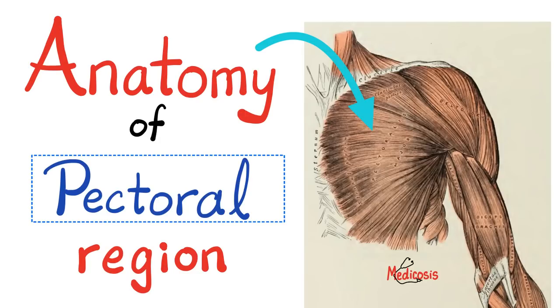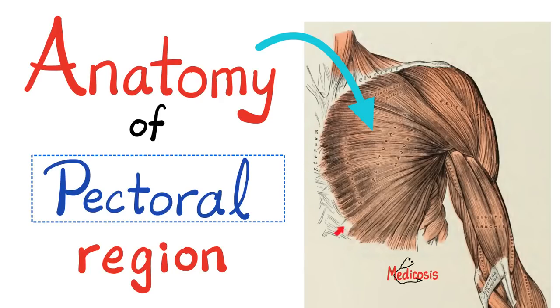In this video, we shall talk about the pectoral region, which is here. What does the word pectoral even mean? It means chest. That's why the term angina pectoris literally means chest pain. Angina means pain and pectoris means chest. Angina pectoris, chest pain. In this video, you will learn about the surface anatomy of the pectoral region, the three